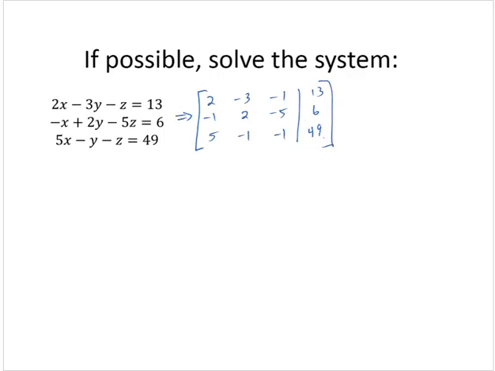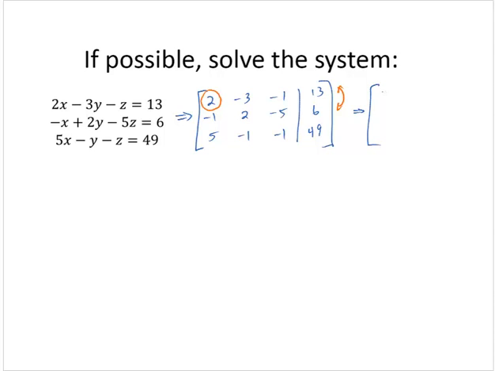All right, now my first goal is to make this first element in the diagonal a 1. Now I could do that through division. That's going to give me some nasty fractions. So instead, I have this -1. I can change the rows and multiply by -1. So instead what I'll do is I'll switch these rows,